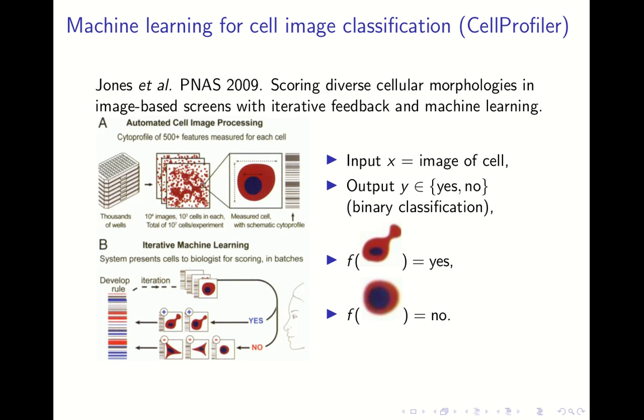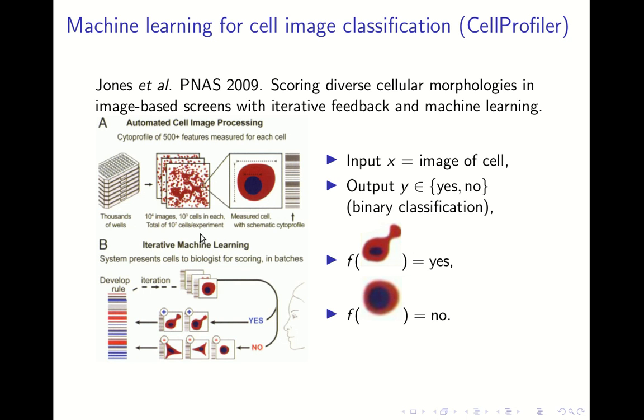So just a few other examples about how machine learning can be useful in different applications. There's a paper in the Proceedings of the National Academy of Sciences in 2009 about the CellProfiler system, and this is super useful in biology. Again, it's an image classification problem. The biologist has done thousands of experiments, each one in a different well, and maybe they have a stack of these 96 well plates, and in each one of those wells they have a few different images. Each one of those images has hundreds or thousands of cells, and what they want to do is quantify how many cells appear in each image